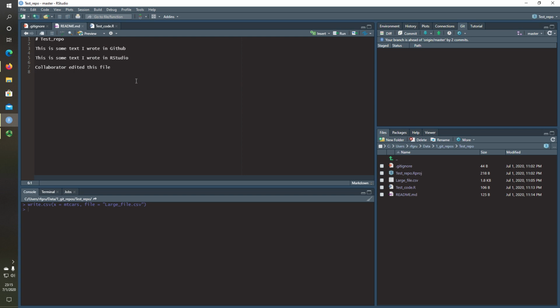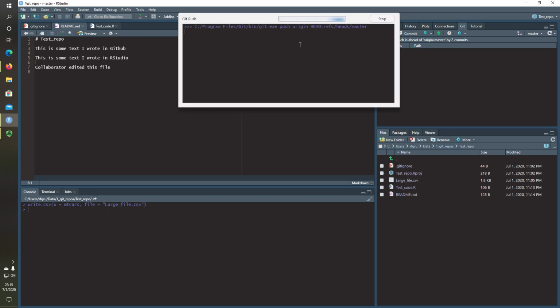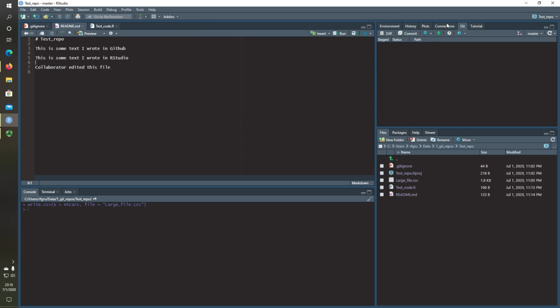So that is essentially how you can get Git and GitHub to work with RStudio. Again, you can just push changes up to GitHub, and you're good to go. You can push changes up to GitHub, and